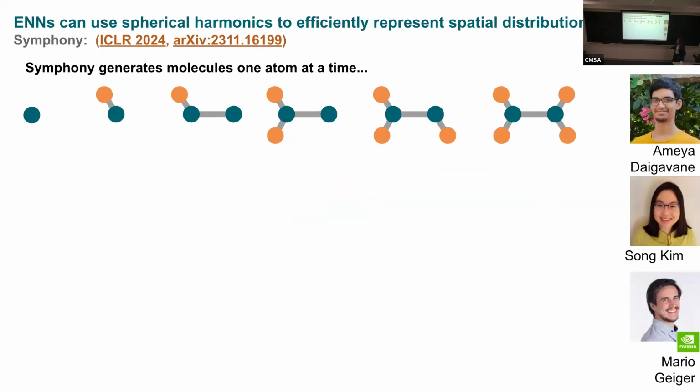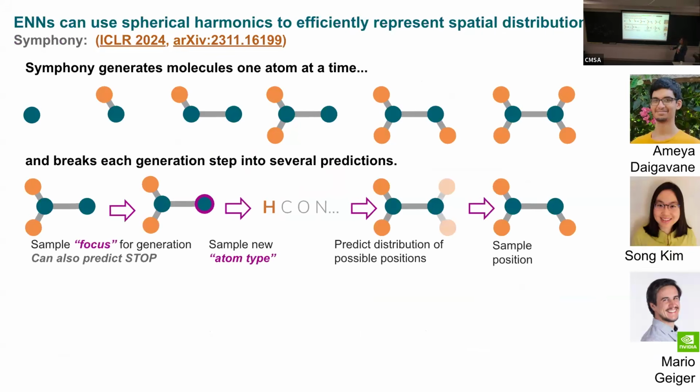What I really want to point out here is that spherical harmonics are useful, and they are useful for generative models where you want to predict atomic positions. So we have this nice little autoregressive model called Symphony because we have spherical harmonics, and so it's a symphony of spherical harmonics. It's very corny. But the idea here, autoregressive, meaning in the same sense of you're interacting with ChatGPT and it's producing tokens one at a time, we're producing atoms one at a time. So you start with an atom, add another one, and so forth. But we break down the prediction step